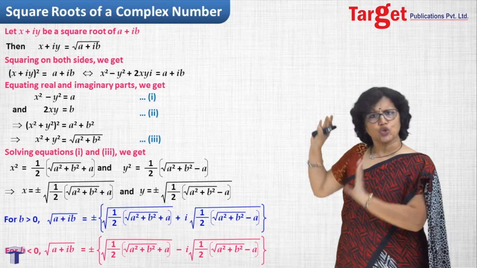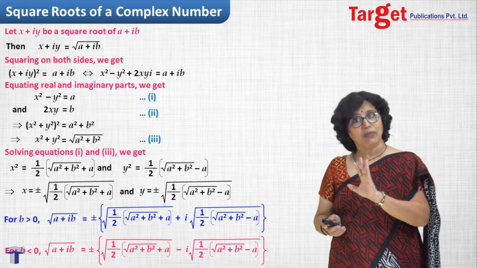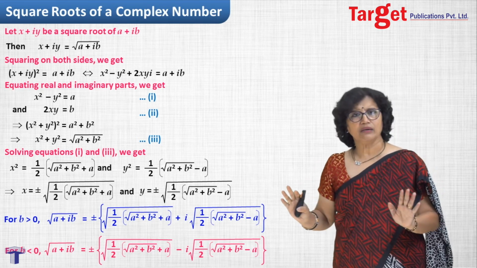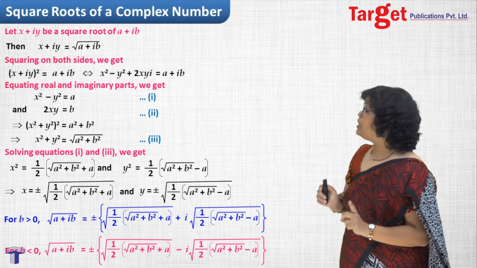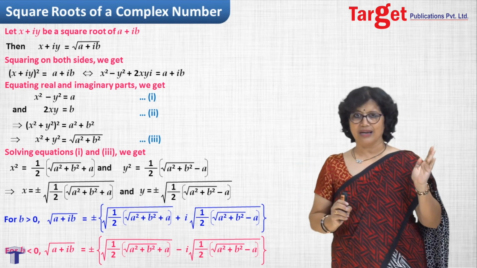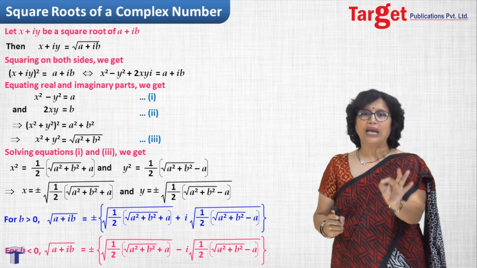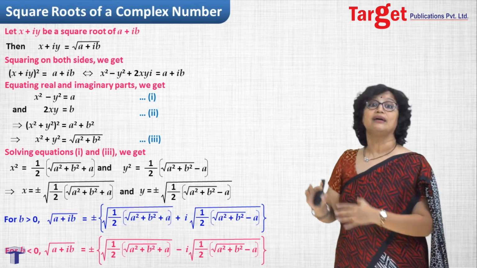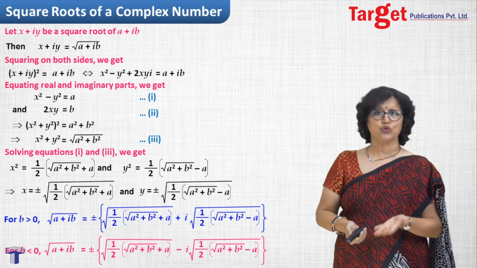Now mind you, please, it looks complicated because a, b, etc. we are writing, but when you actually start solving problems, those a, b, etc. would be replaced by numbers. So it will not be at all any complicated situation. Only thing is, never try to solve equation 1 and 2 by your usual methods what you have learnt in 10th standard. Please try to go for the third equation as x square plus y square. That is the only thing on which I wanted to emphasize. So I have taken this particular thing separately. Otherwise, you could have directly perhaps started with the questions for finding square roots of a complex number.